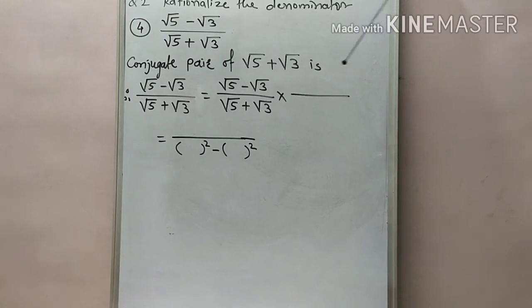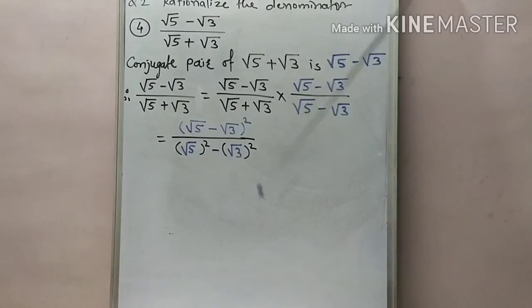So here we write down that conjugate pair, and we multiply both numerator and denominator by its conjugate pair, and we do the same. In the denominator we get what? Yes, (a plus b)(a minus b), that expansion is what? a square minus b square. Okay,